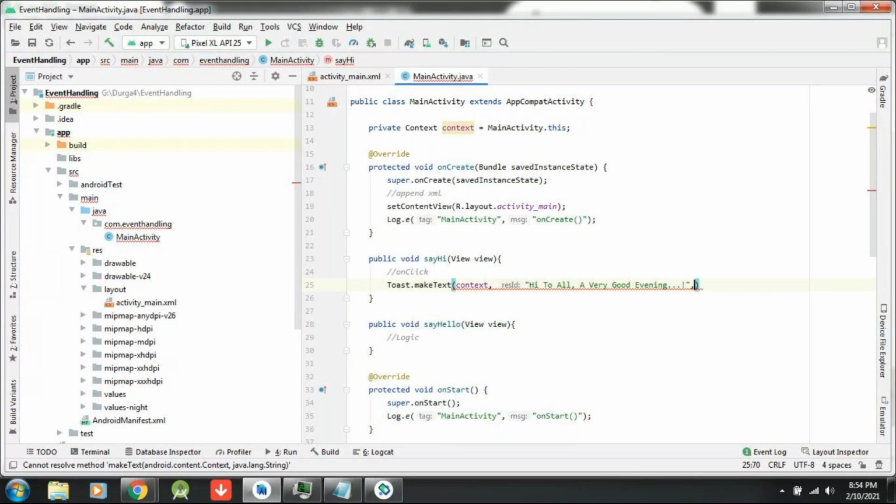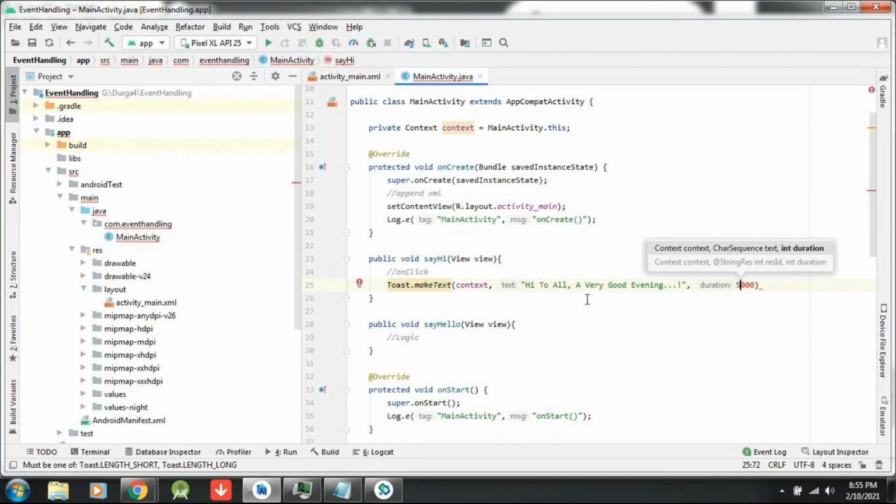How much time you have to display is given in duration. Duration you have to give in milliseconds actually. So here I am writing 1000, which means 1 second, since 1000 milliseconds is nothing but 1 second. Or else if you would like to display for 5 seconds, you can write 5000.